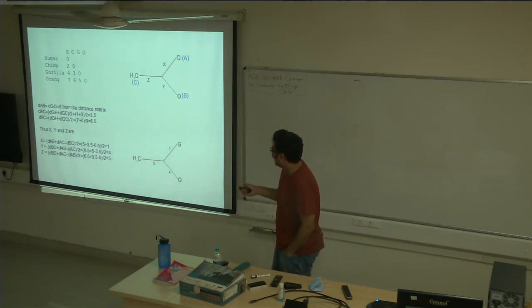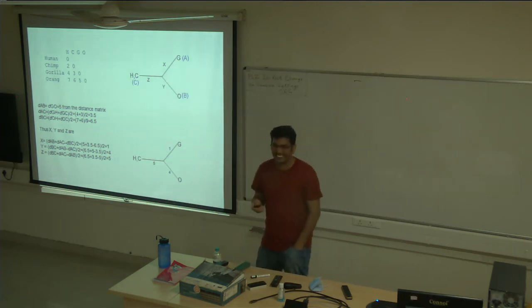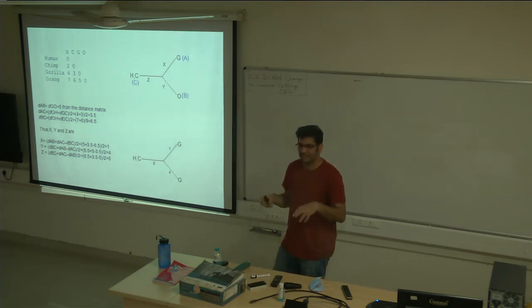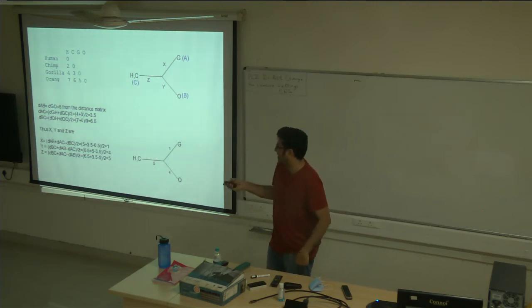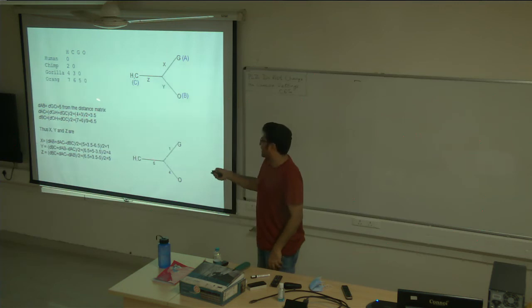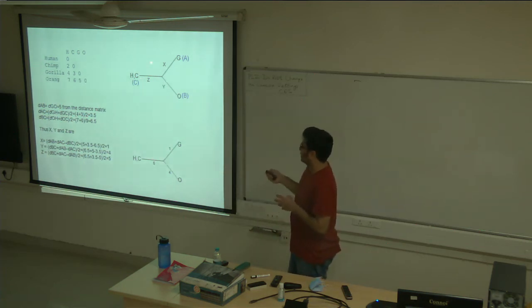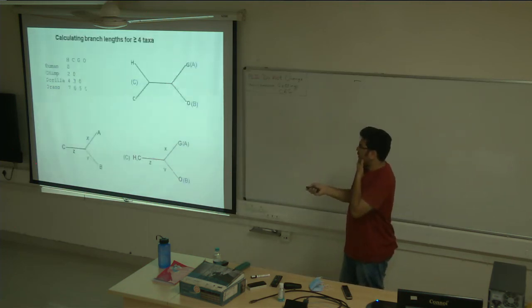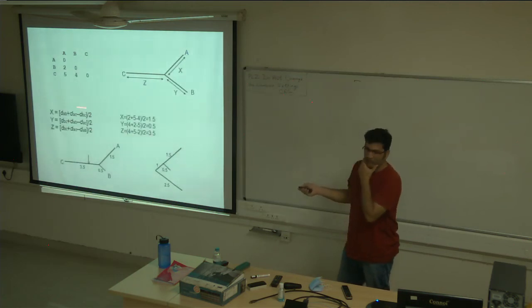We'll go into the details, but basically you use the Fitch-Margoliash method to get the branch length by collapsing different taxa pairs at different stages. You collapse these two taxa and then again calculate the difference. You make the four-taxa or five-taxa situations into these three-taxa groups, so that you can use this Fitch-Margoliash method.